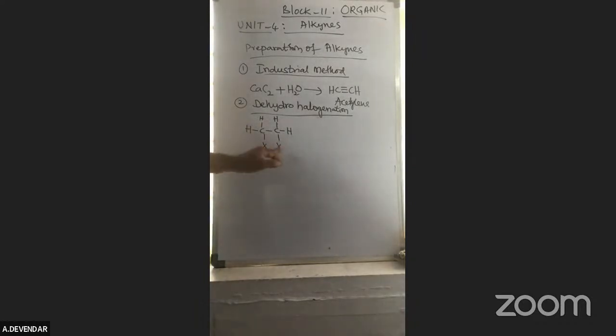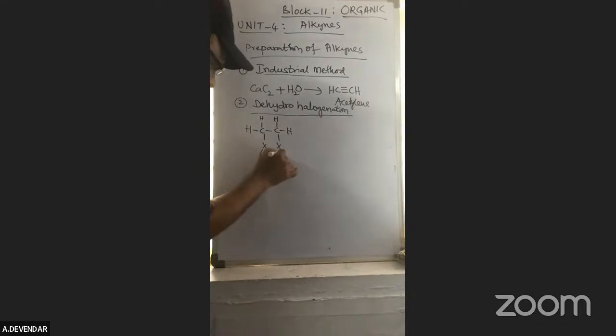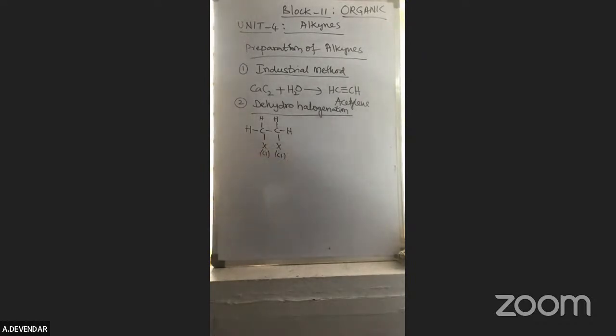Dihaloalkanes. This is a dihalo, 2 halogens. You can keep chlorine or bromine, whatever you want. If it's chlorine, I'm writing the general name, not the common name. If you are keeping chlorine here and here, the name of this compound is, the first position, the second position,